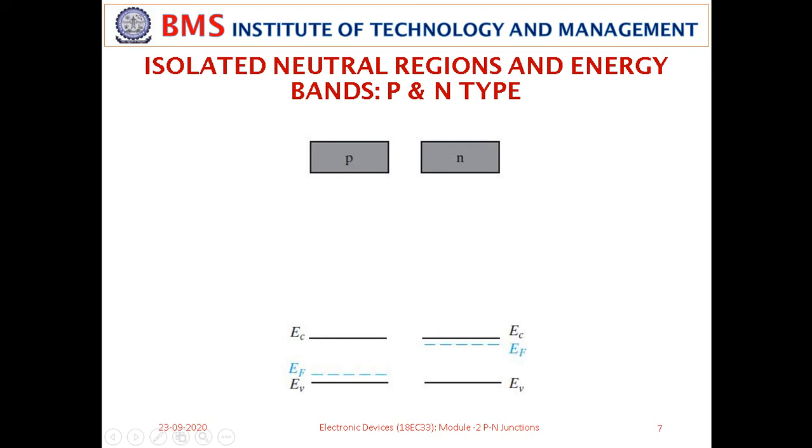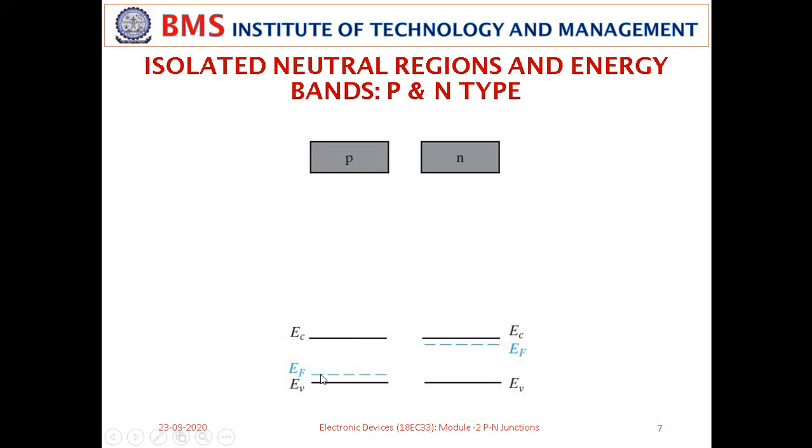Understand here? So the Fermi level will tell you the electron levels, the concentration. Therefore for n type, electrons are very large in number, so the Fermi level is close to the conduction band. Whereas on the p side you find fewer electrons and more empty states, therefore the Fermi level is close to the valence band.